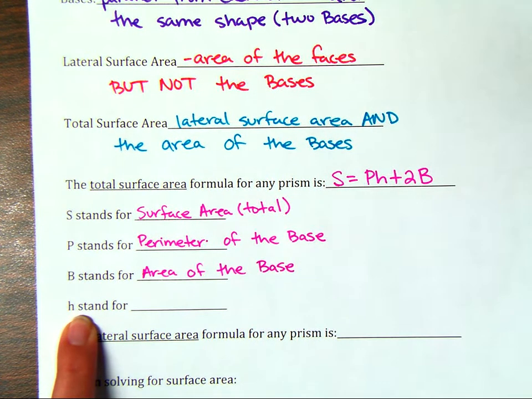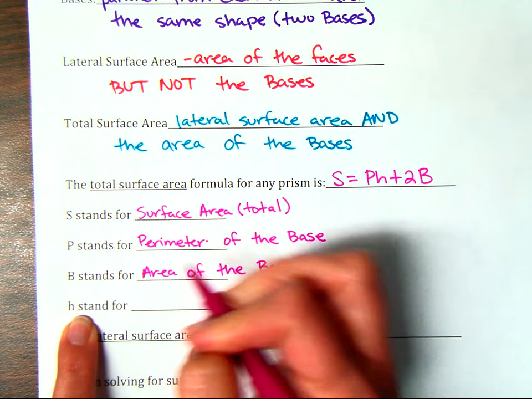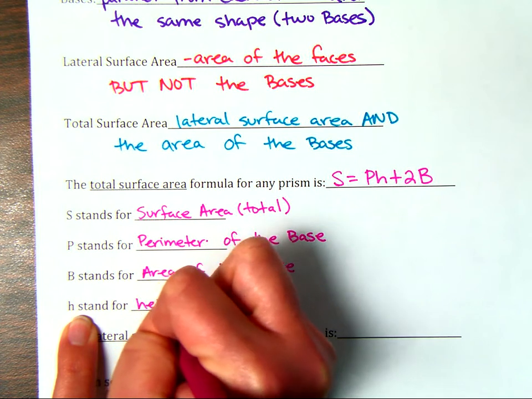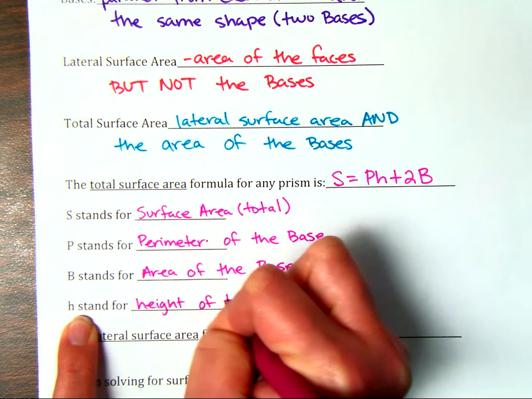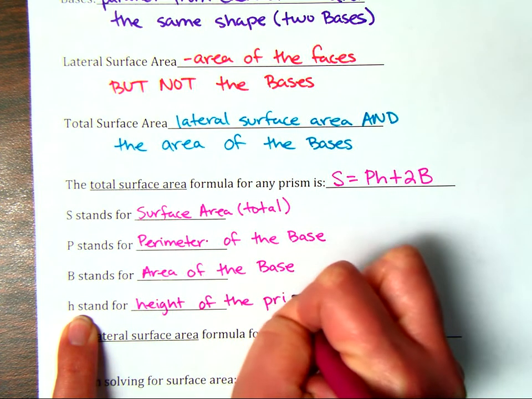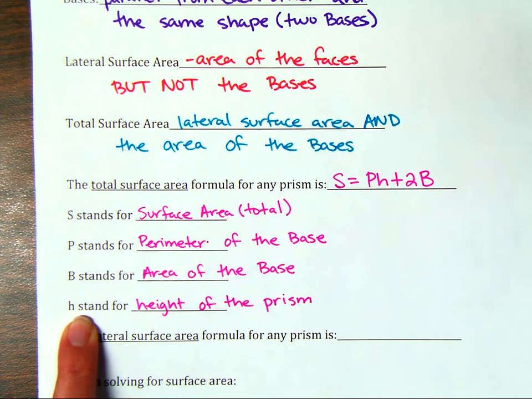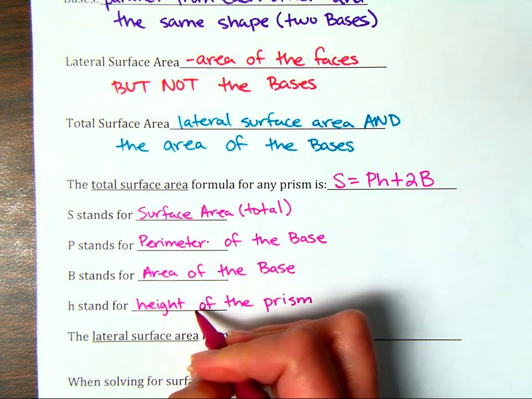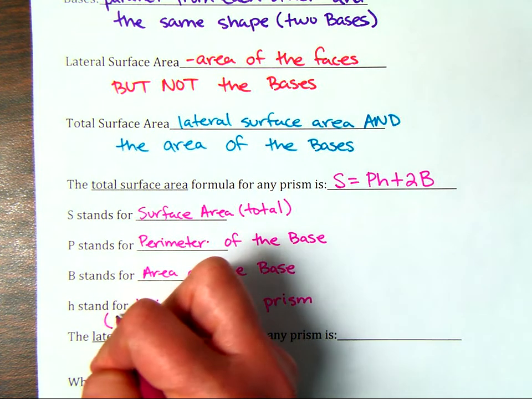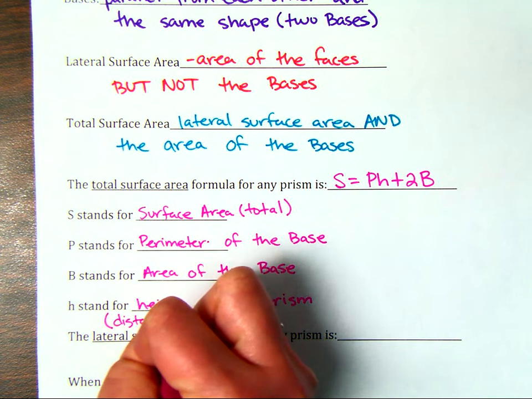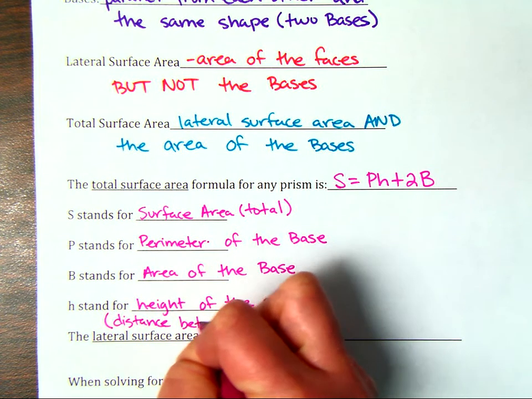And the lowercase h is going to stand for the height of the prism, whether it's a rectangular prism, triangular prism, hexagonal prism, anything like that. And just so you remember, the height of the prism is going to be the distance